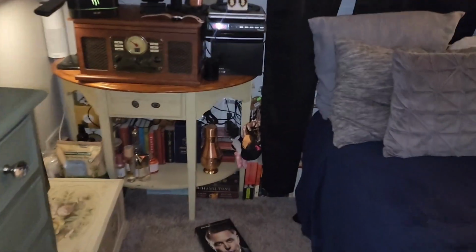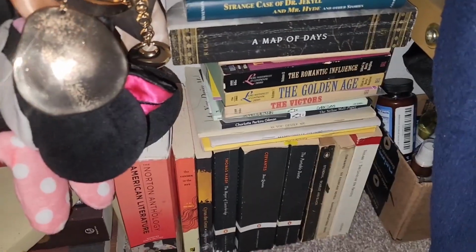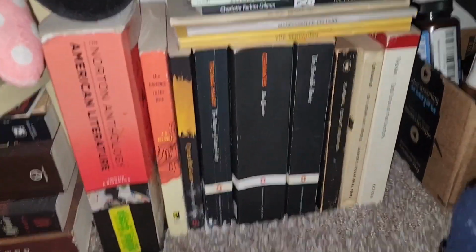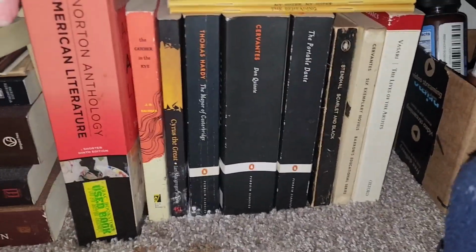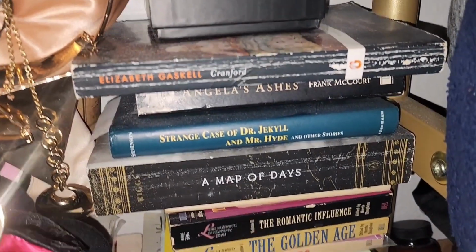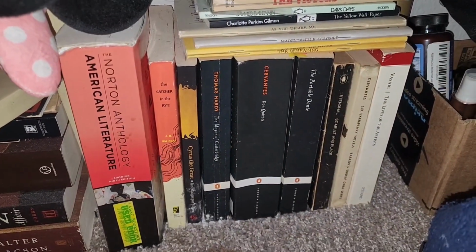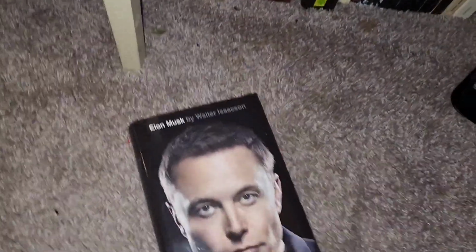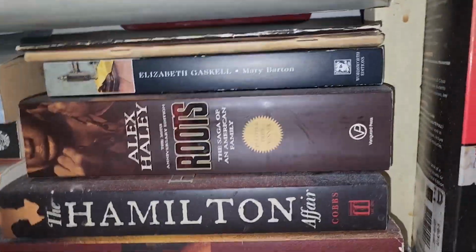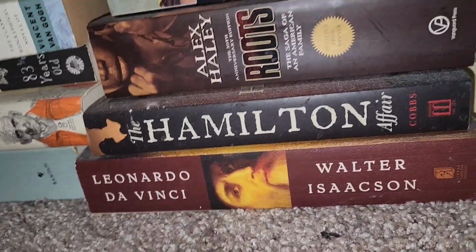And we are almost done with this part, and I have in this corner, as I said, I have to come up with a lot of clever storage areas. So here on the floor right next to my bed, I have a stack of a few of my books here, and then moving over here, under here, a stack of, I have Leonardo da Vinci, which I may be pulling